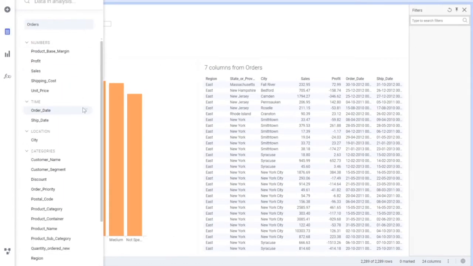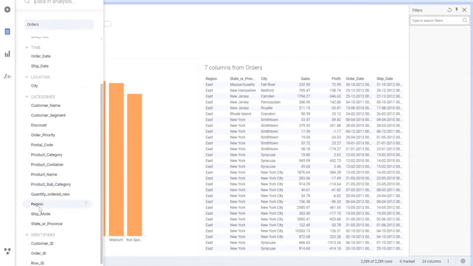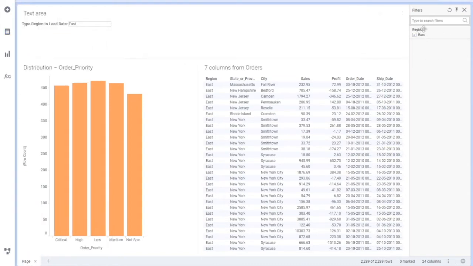It's not some filtering or anything like that I'm doing in the dashboard or the analyst. So if you can see this here, region is only having data for east, only east data, no other region, no other information here. Only 2289 records. So out of around 10,000 records, I'm left with only this.